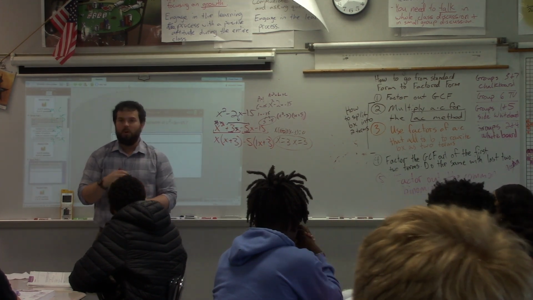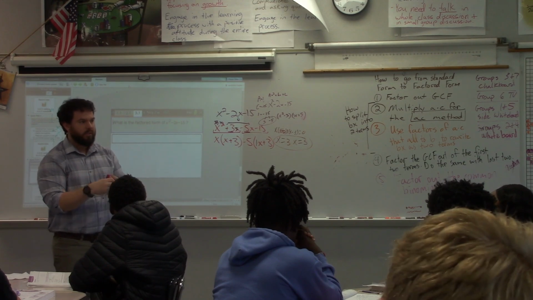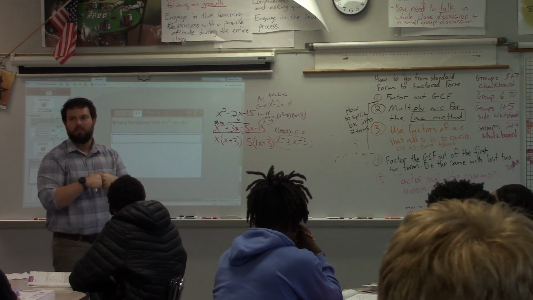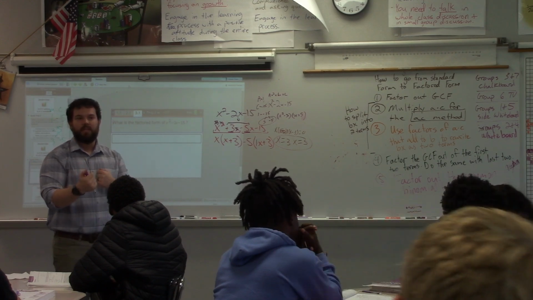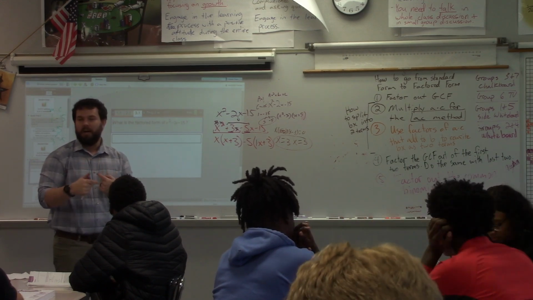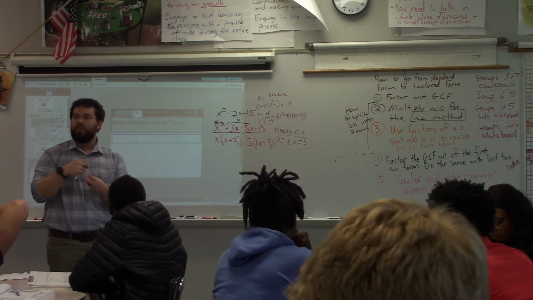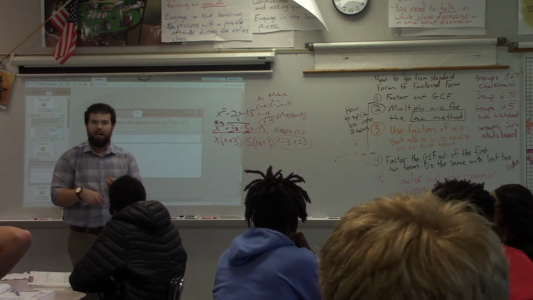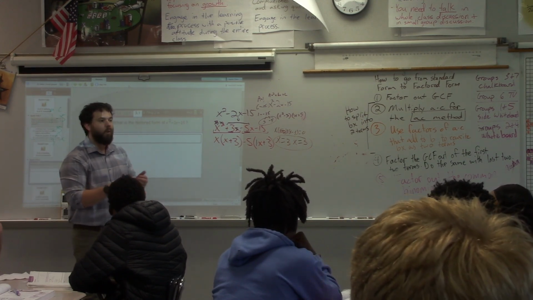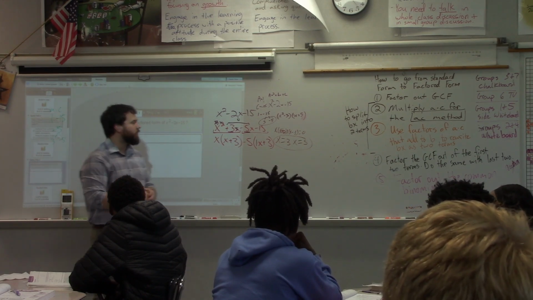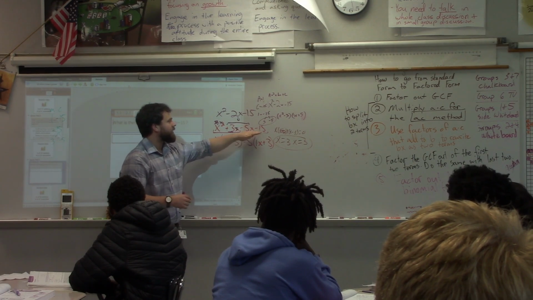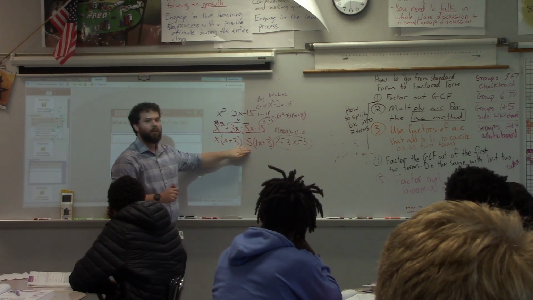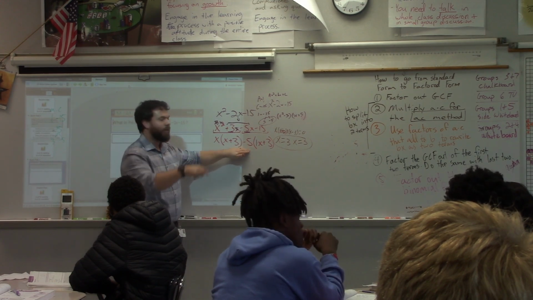Notice what key word do I keep identifying or using to talk about factoring out? What did I just say? Negative 15 divided by negative 5. When you are factoring out, you are dividing. So you want to find what can I divide out of both of these numbers. That's it. What can I divide out of negative 5x and negative 15? It's a negative 5. And that's because, notice if I were to distribute it back in, what is negative 5